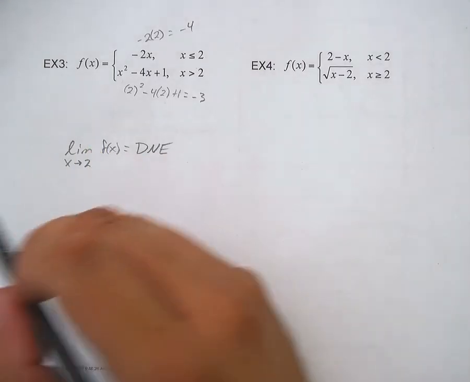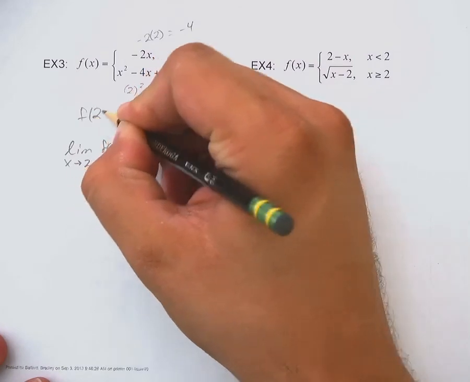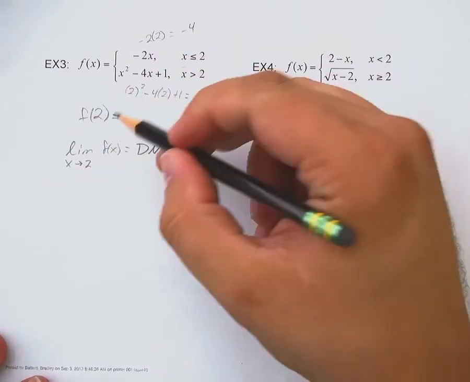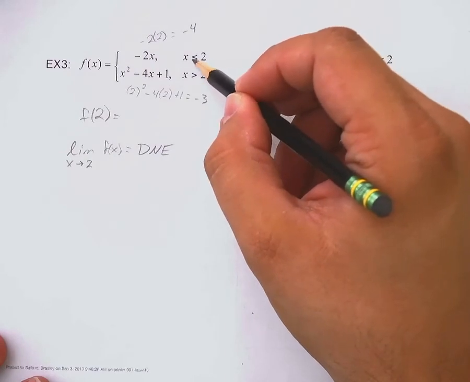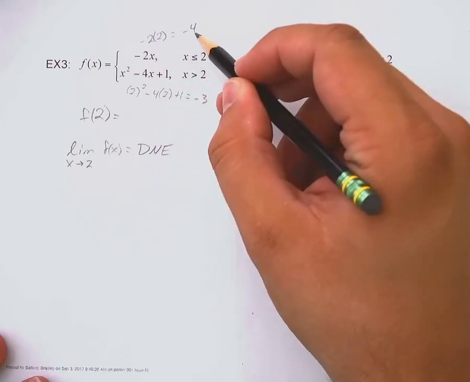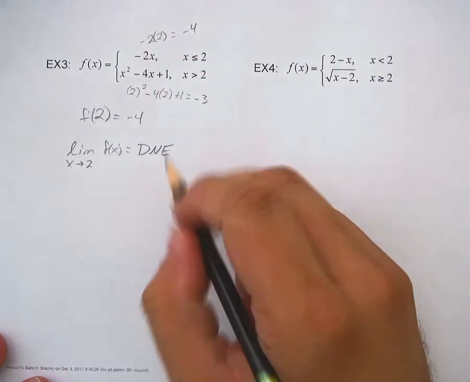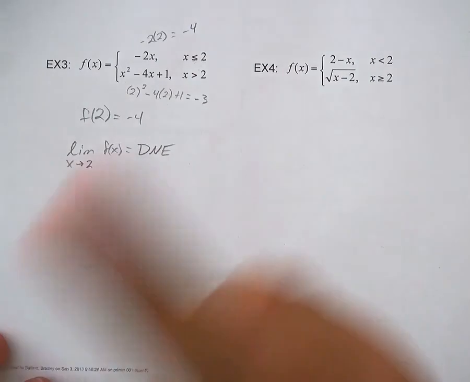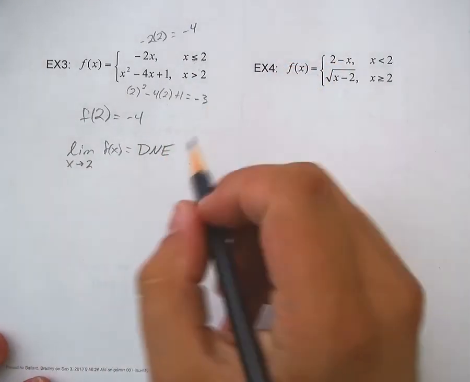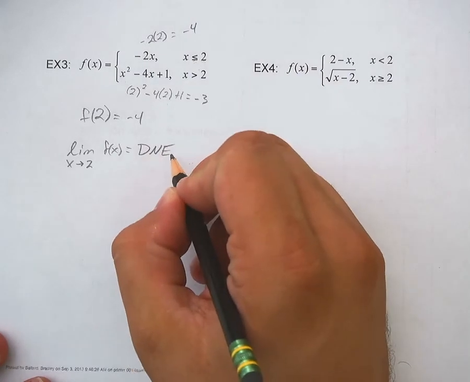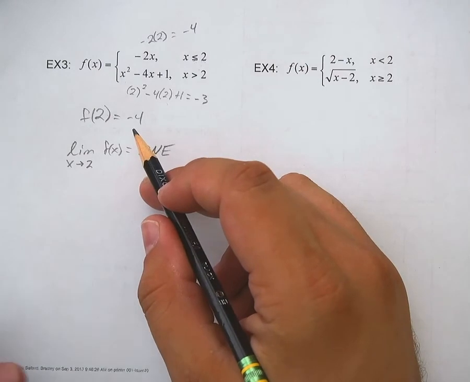Now if you were to actually plug 2 in, say we wanted to find out what is f of 2, you go to the equation that includes 2. Here x is 2, included in the x values. So f of 2 is negative 4. See how these things are not the same? So for two different reasons this thing is discontinuous. The first reason is that the limit doesn't exist. The second reason is that, like number 3 on the front page,